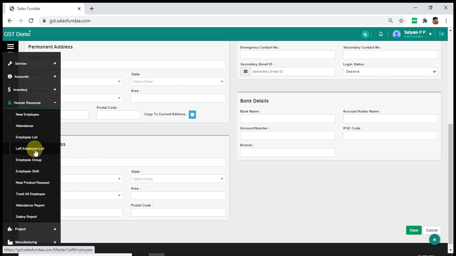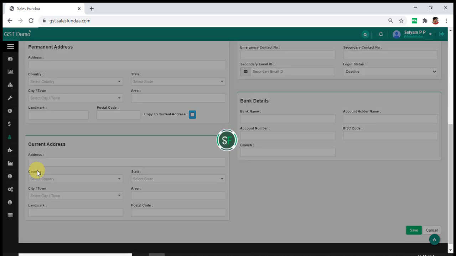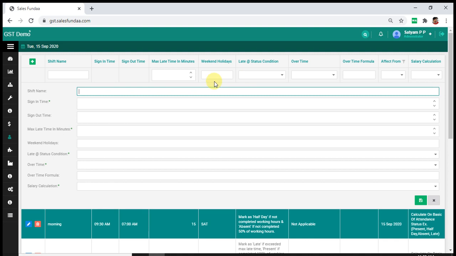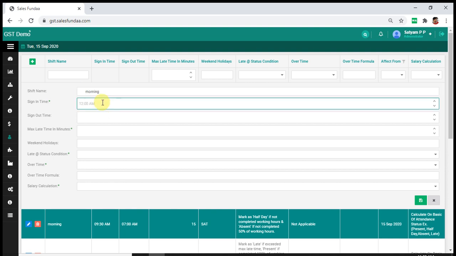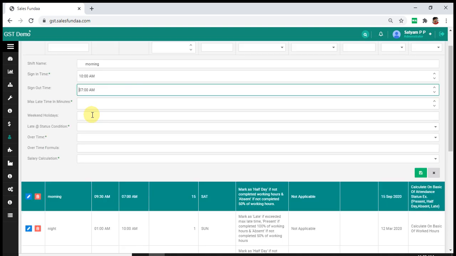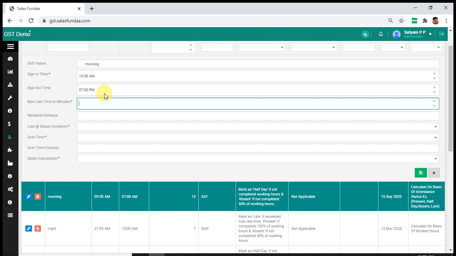Now next is bind them in a shift. To bind them in a shift, click on plus icon, add the shift name, sign in time, sign out time, maximum late minutes.